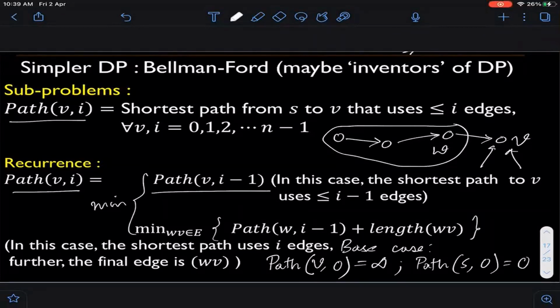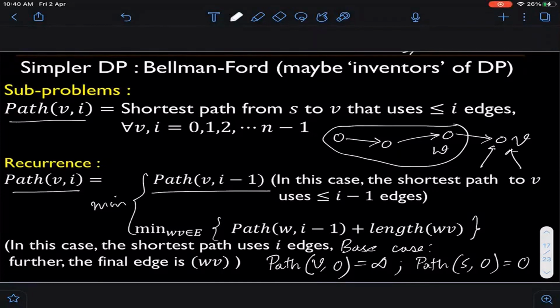But it turns out that, again, this is just a technical requirement. It turns out that this same algorithm, we are going to adapt it slightly so that it also detects negative cycles if there are any. And in such a case, if I just initialize path S comma 0 to be 0, then things become a bit messy. So we will consider S as part of this recurrence as well. Yeah, it does not matter, it's still correct. And the initialization, I will just make path S comma 0 to be 0. Okay, is this point clear? It's a very small point.